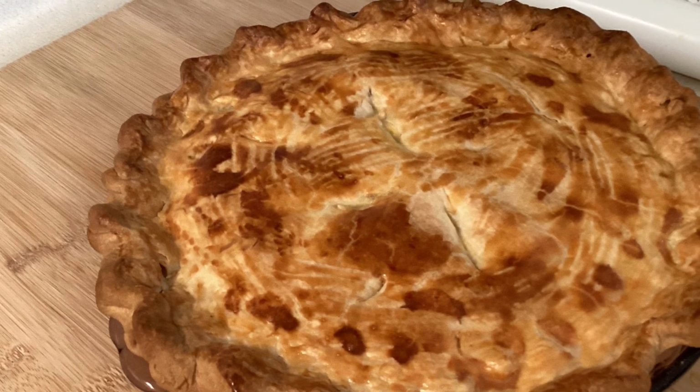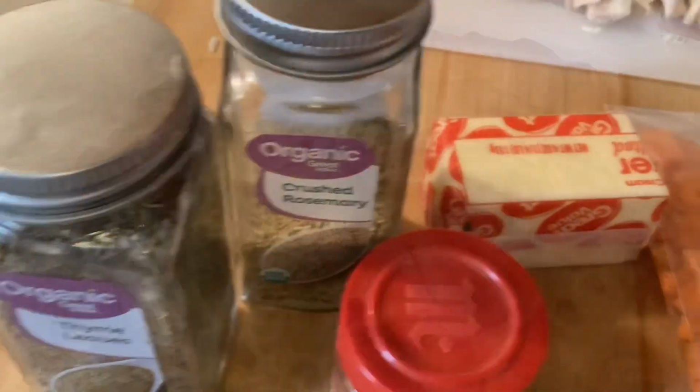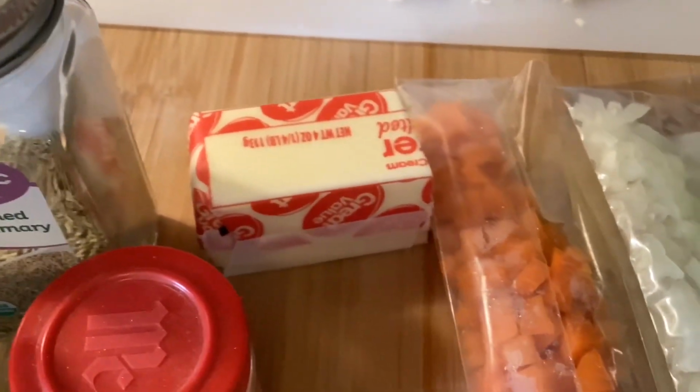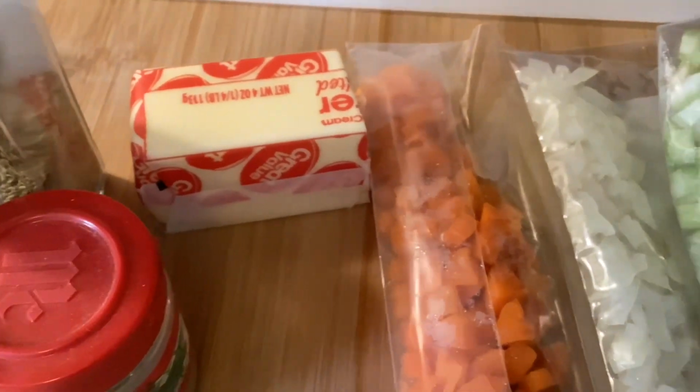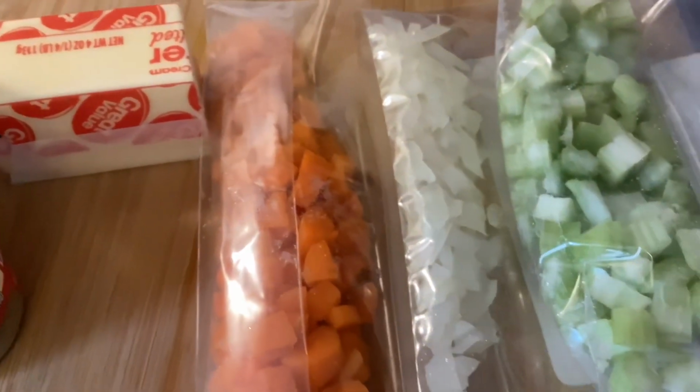When deciding what to do with that leftover Thanksgiving turkey or chicken, a pot pie is always a delicious option. I'm using 2 cups of diced chicken, 2 medium potatoes diced, cooked until fork tender and drained, 1/2 stick of